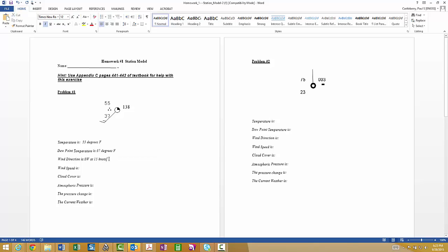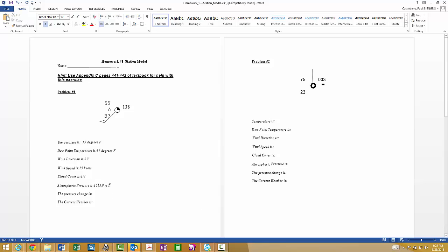Actually, it's just asking for wind direction here, so southwest. And the wind speed is 15 knots. Cloud cover, 25% of the circle is covered. So 1/4 is cloud cover. Atmospheric pressure is 1,013.8 millibars.